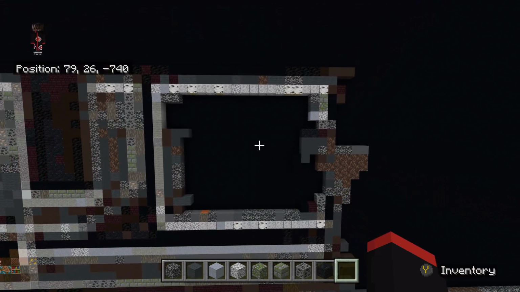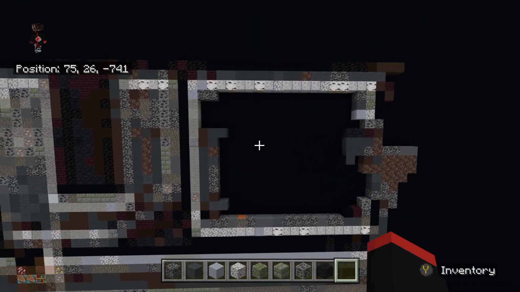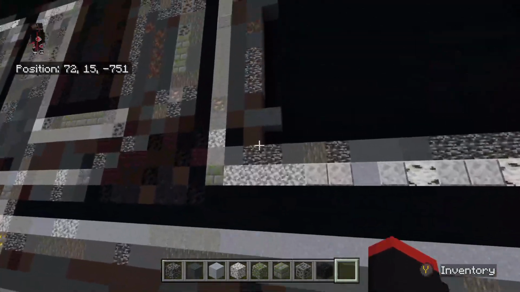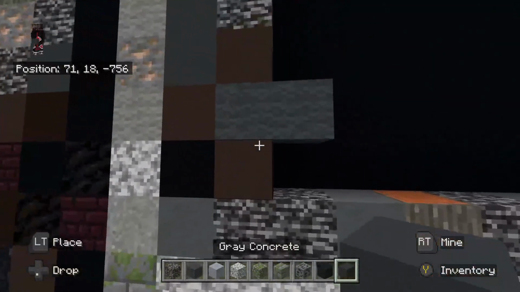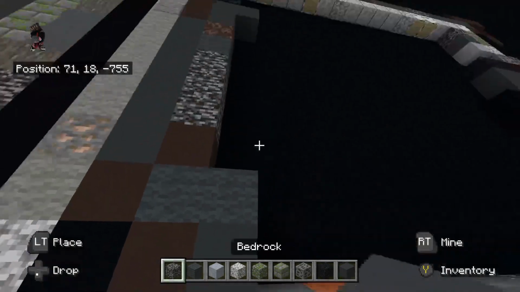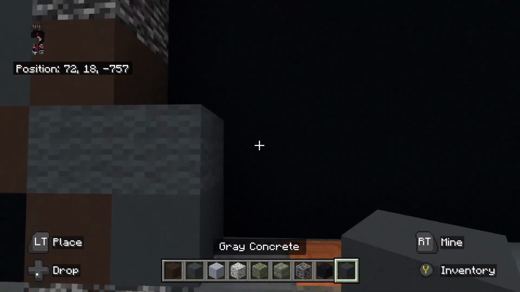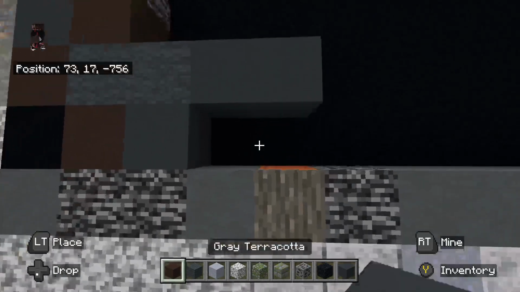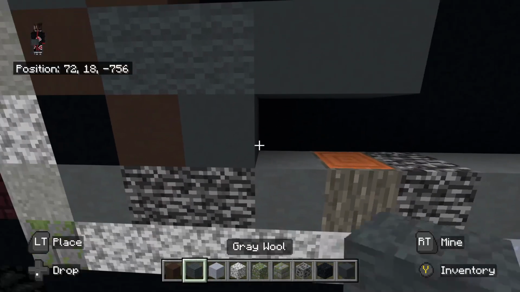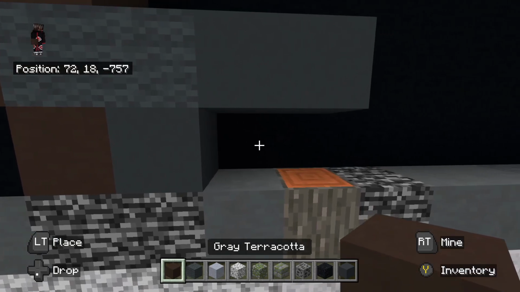Okay, so next thing we're going to do is we're going to go all the way down. Underneath the gray wool, we're going to place this gray concrete underneath it. And then to the right of the gray wool, we're going to place gray concrete going to right 2, 1, 2. To right of the gray concrete at the very bottom, we're going to place this gray terracotta going to right